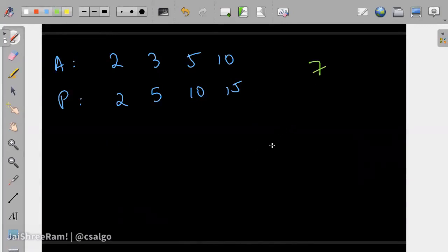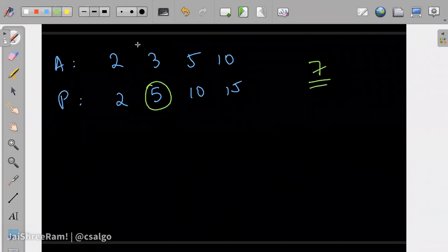Now, how many items will we be able to take in this case? Can all of you write the answer quickly? If you have a budget of 7 and you have to take items from these, what is the maximum number of items you can take? 2, right? So one way in which we were earlier deciding it is by looking at these values and summing from the start. Now we can also find the last index where the value is less than or equal to 7, right? Is this clear? In the prefix array, we can find the last index whose value is less than or equal to 7.